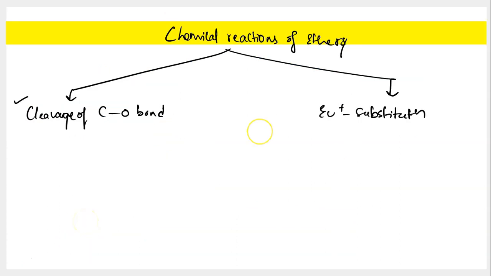Alright, so now let us quickly move on to the next reaction, which is electrophilic substitution reaction in case of ethers. Ethers exhibit a variety of electrophilic substitution reactions. So first of all, let us list what all those types are, and then we'll understand each of them in detail. So the first electrophilic substitution reaction exhibited by ethers is halogenation. And the second type is Friedel-Crafts alkylation and Friedel-Crafts acylation. So collectively I'm writing it as Friedel-Crafts reaction over here.